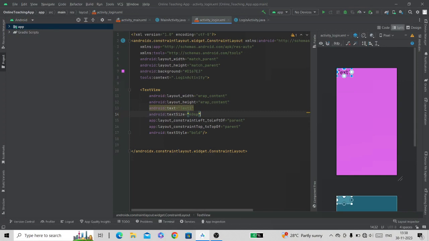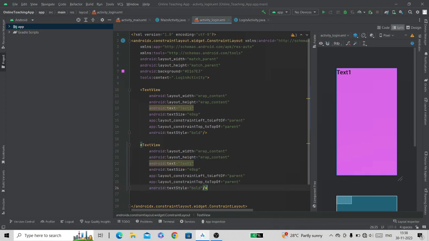For that, let's add another text view. I will copy the same text view. Now to position them along the views, we need to provide them IDs. Let's give the ID.